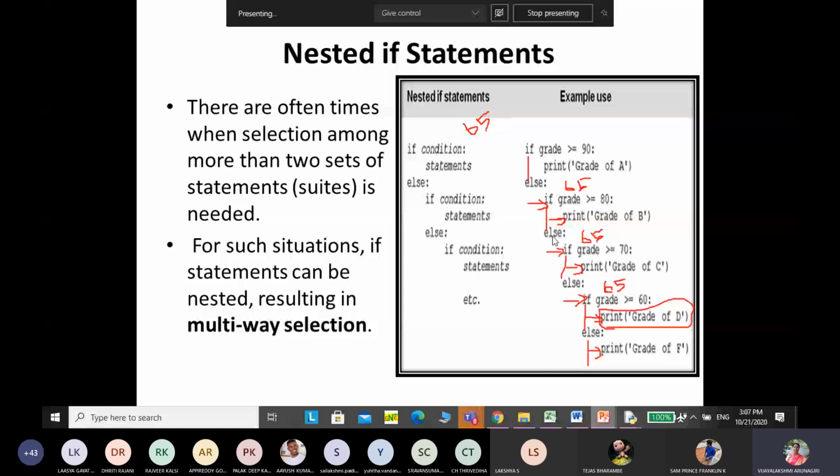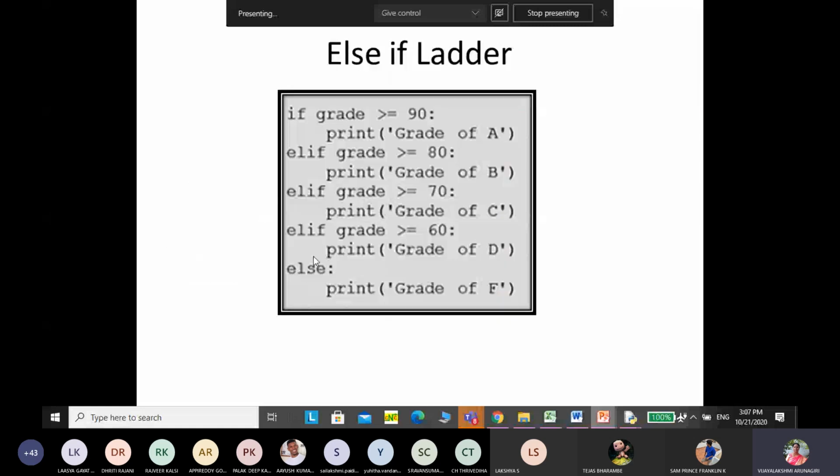To simplify that, we can use elif, which is nothing but else if. Instead of giving else if as a separate statement, I have given elif in the same statement. If you use elif, then you need not give any indent space. All elifs can be given in the same column along with the if and else. This is also one of the good ways to use the nested if. Guys, are you clear now?